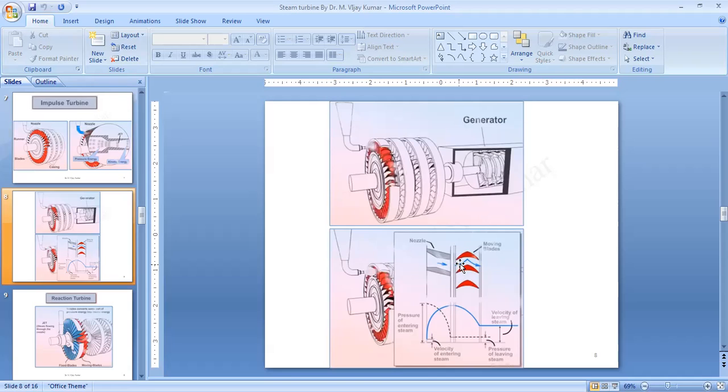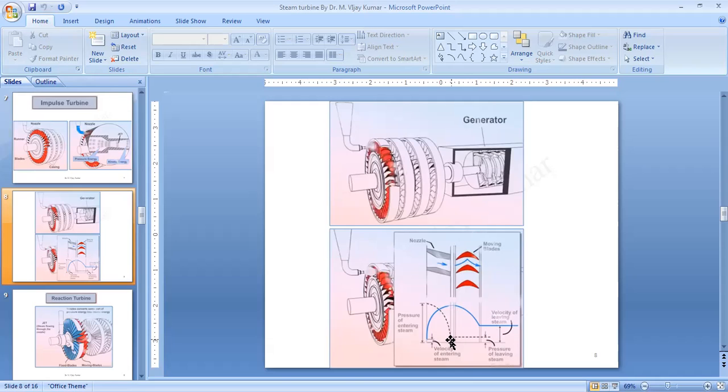So that steam will be flowing between the two blades. When it flows through the two blades, how do the pressure and the velocity profile look here? You can see that when it starts flowing through these blades, the velocity is getting reduced, and the pressure is constant. Here the pressure is constant, right? So you can say there will be only kinetic energy, but no pressure energy will be available here.